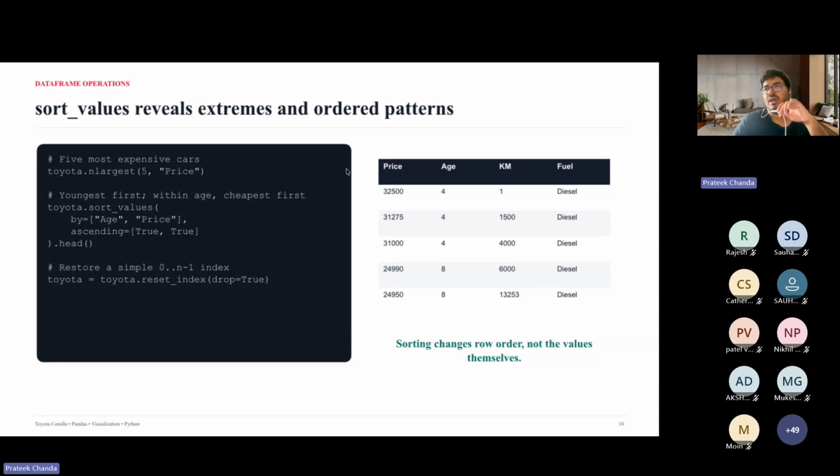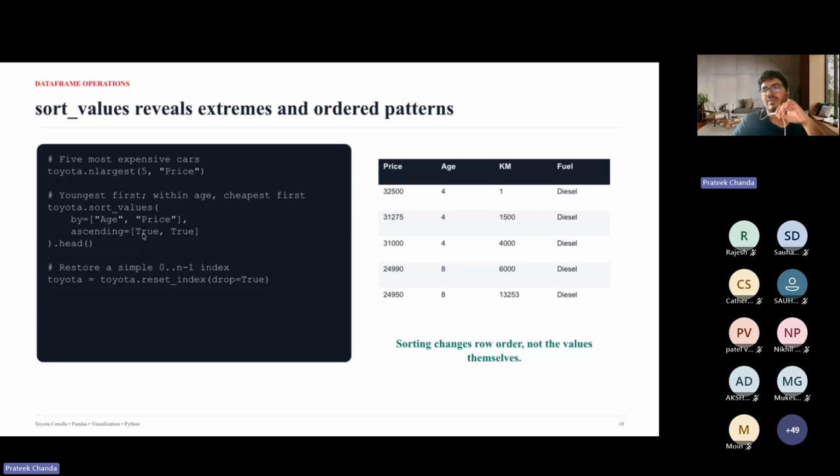The other thing you can do is multiple sorting at the same time. You can first sort the cars by age, and then within that, by cheapest price. You can use sort_values with the corresponding column names, age and price.